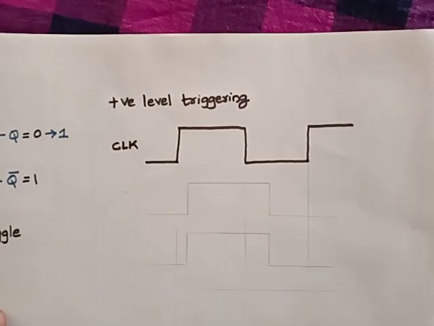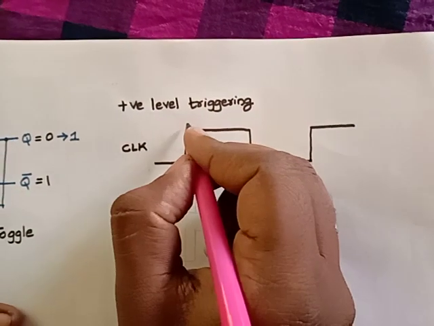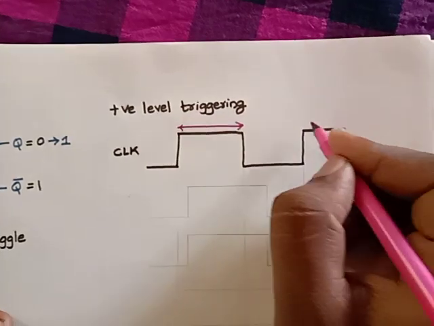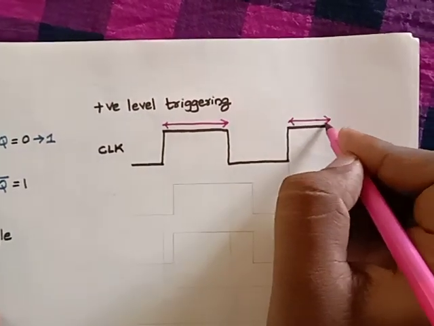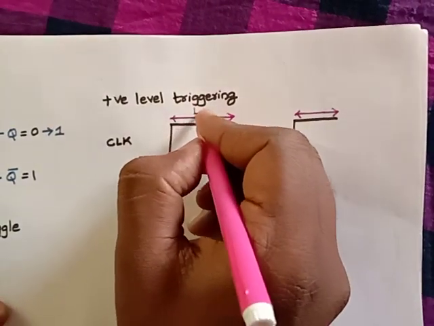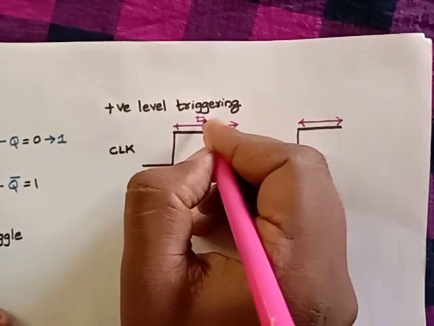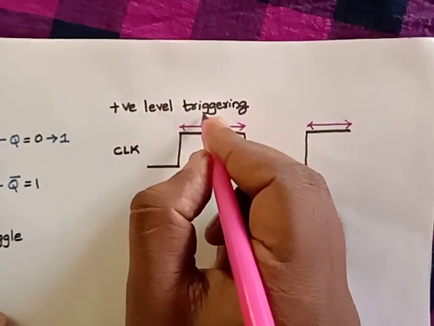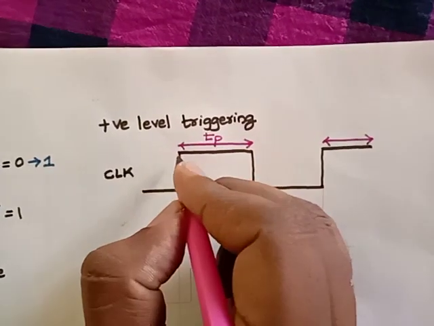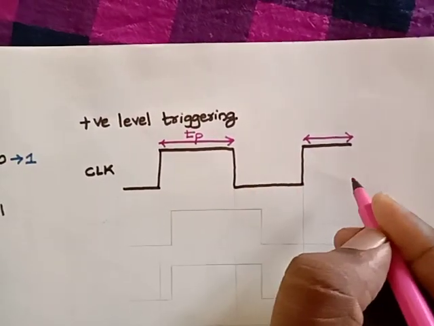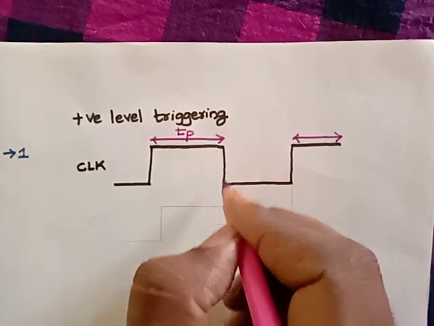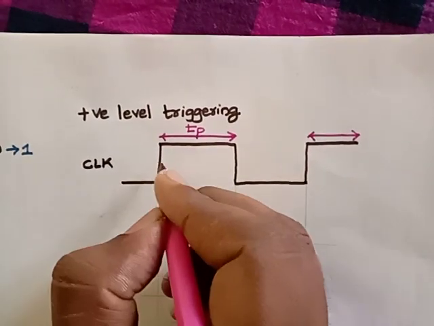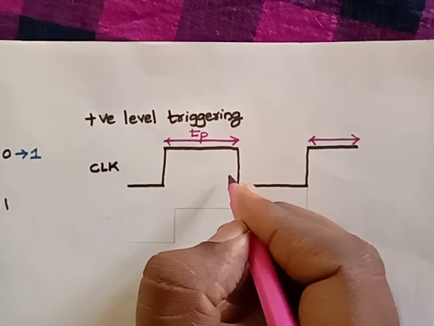That means the flip-flop will be activated during this period. So during this positive level, flip-flop will be in active state. Let me assume the width of this clock pulse as TP. So P stands for pulse. So this is nothing but the time taken for your pulse. Since when you look at the clock pulse on a whole, this is your pulse, correct? This is in 0 state. So we will call it a pulse. So this is the time taken for the pulse to exist.